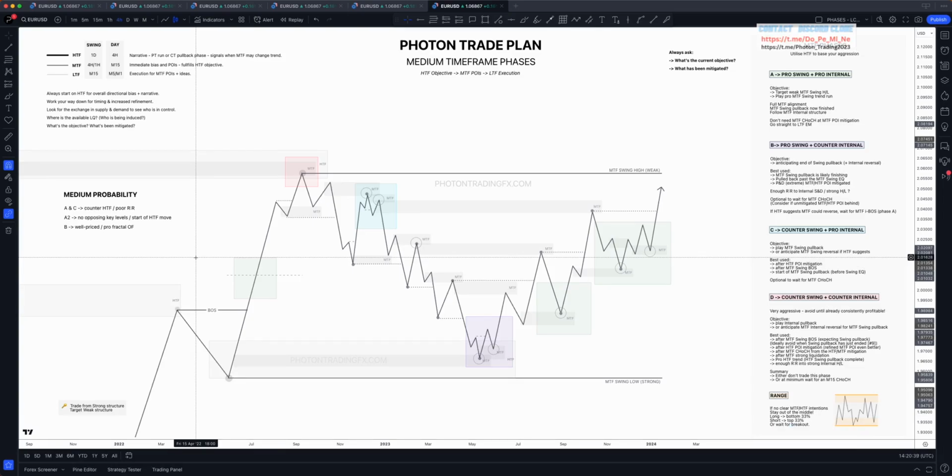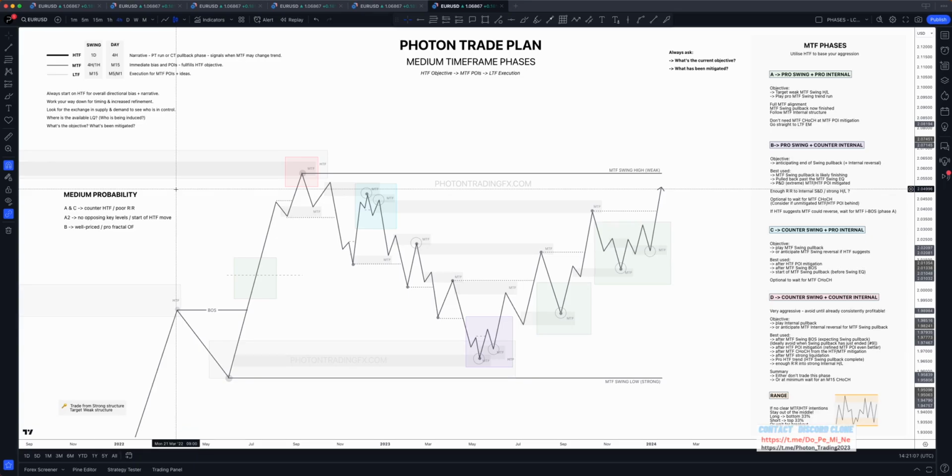So the bulk of my trades really, at least in my mind, the way I categorize it, are going to fall into here. So using, again, the medium time frame phases cheat sheet as our mechanical way to try and categorize these trades. It's not a perfect solution because every scenario in the live market is going to be different. Like, what's the higher time frame doing? Where are we in the leg? There's so many variables, right? But this is our way of trying to categorize it and simplify a bit.